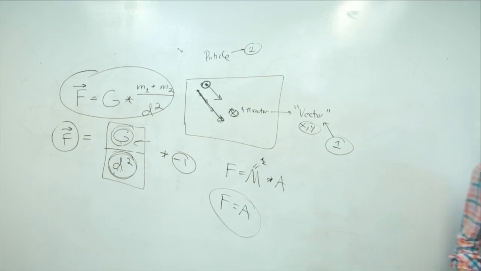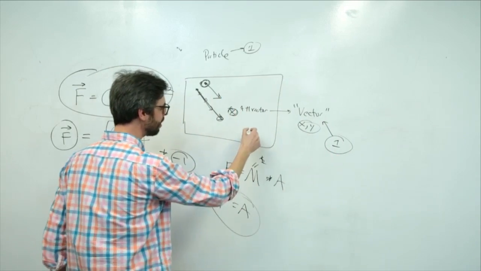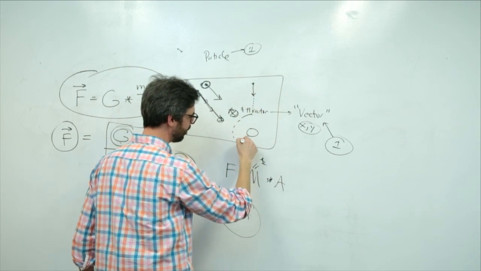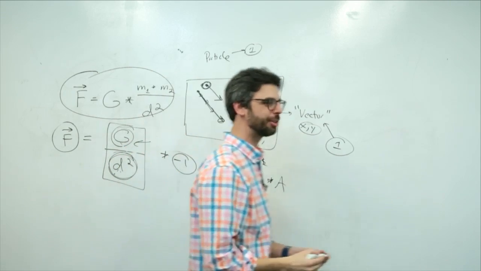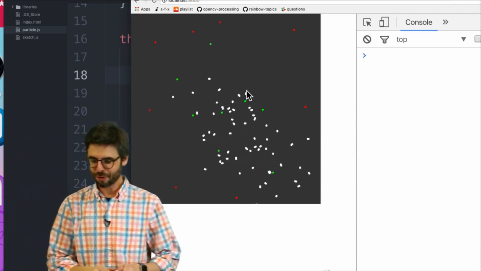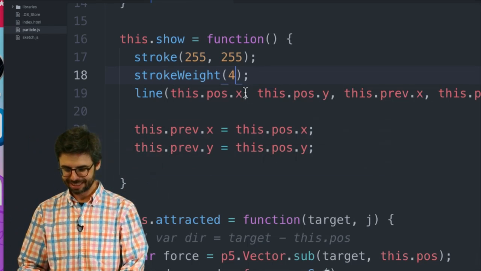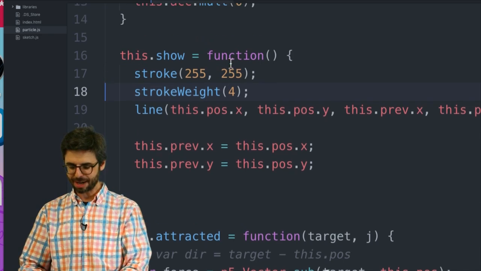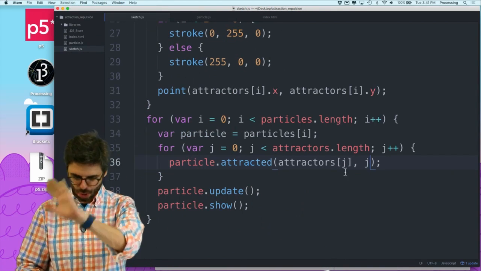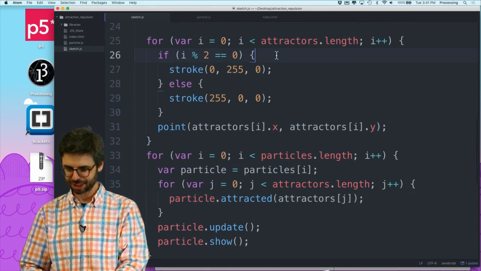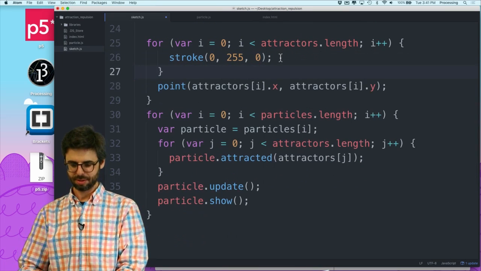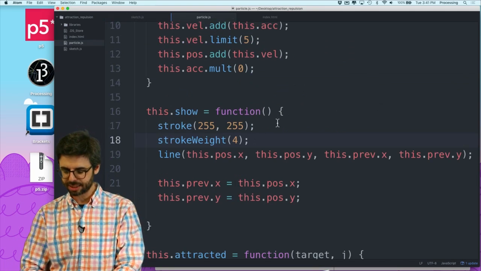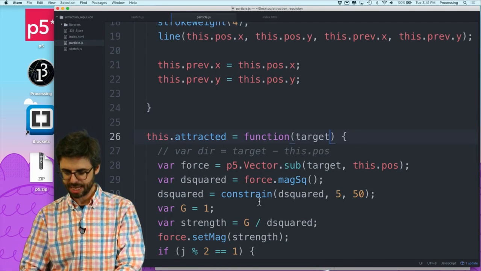The other thing that you might do is you might have an attractor where the particle is attracted to it, but once it gets to a certain distance to it, oh, I should just do this now, it's repelled. Let's try that for a second. So, for example, what if I go back and forget about this whole I and J thing. Let's just make them all attractors, so to speak. And then here in this attracted function,